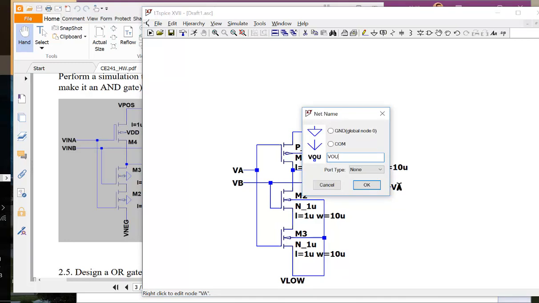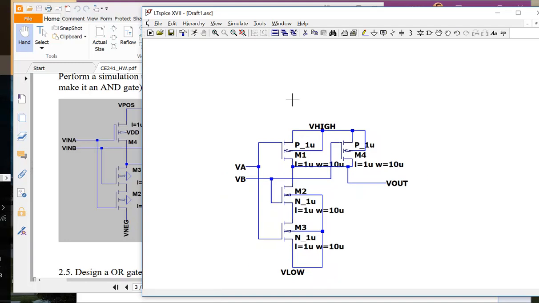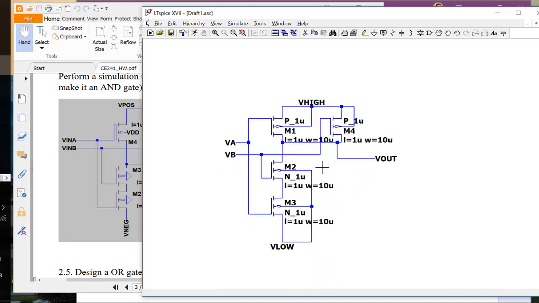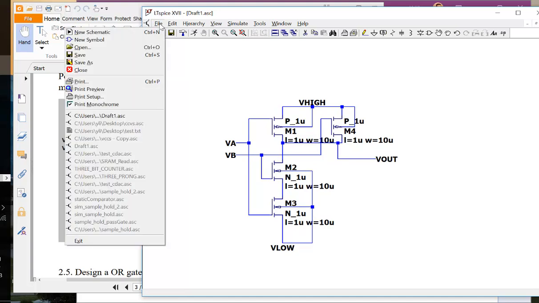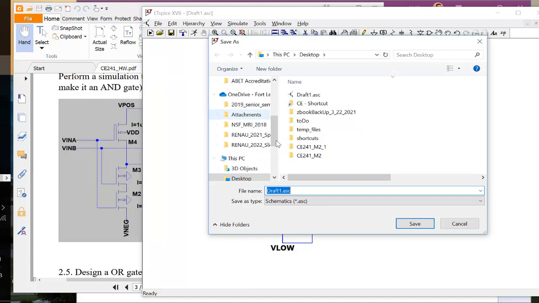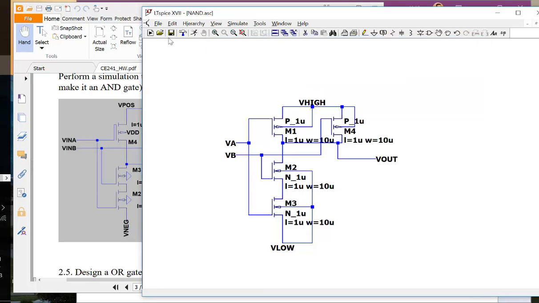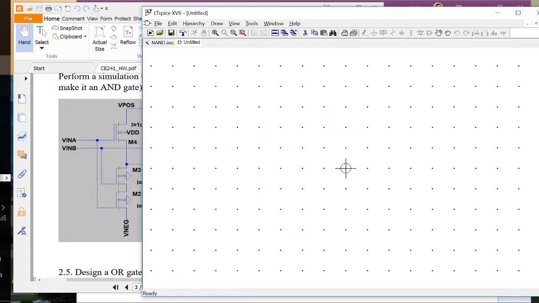So this will be a fundamental NAND gate, keep in mind, and you don't have to know why this is a NAND gate for now in this class. Let's just assume that this is a NAND gate. And the next step is to save it on the desktop. You can save it in any of the folders we want it to be in. Okay, I'll just call it NAND. I'll save it on desktop,